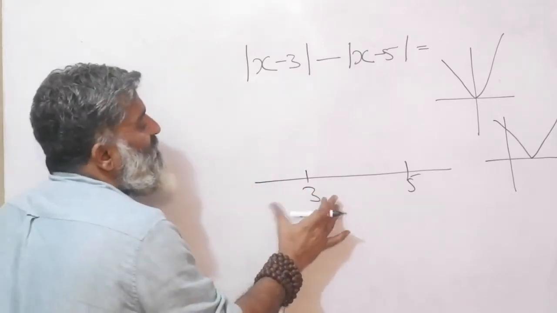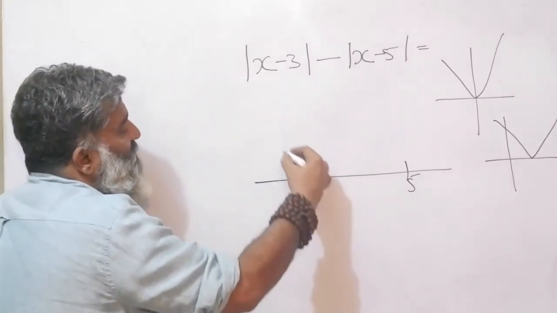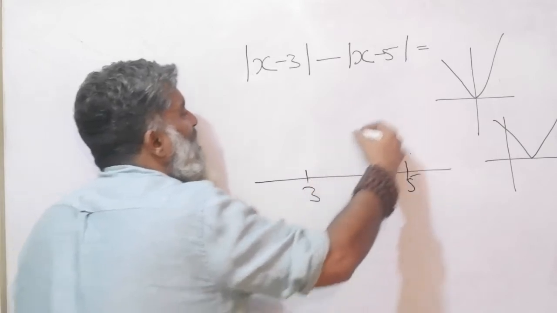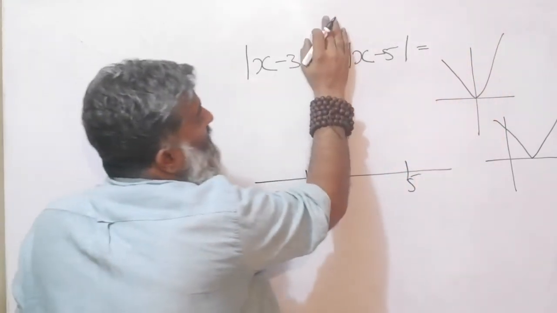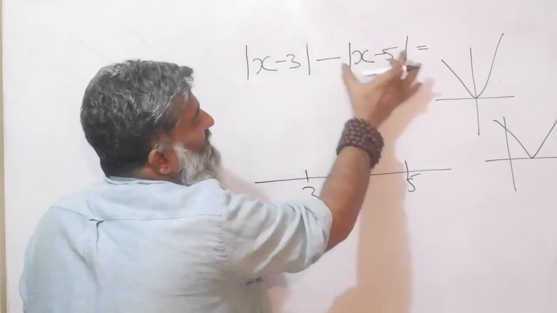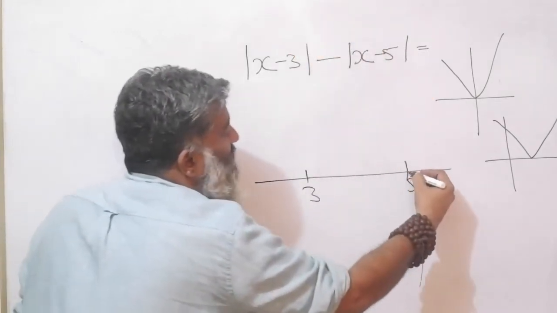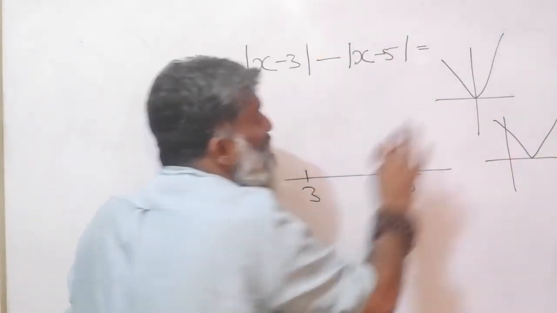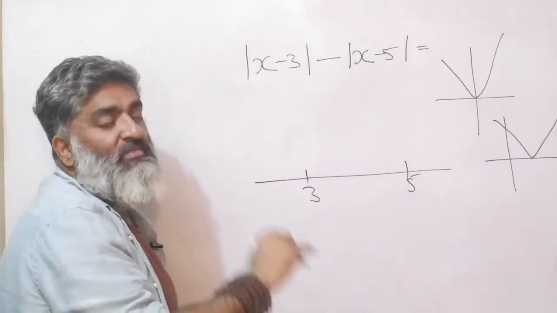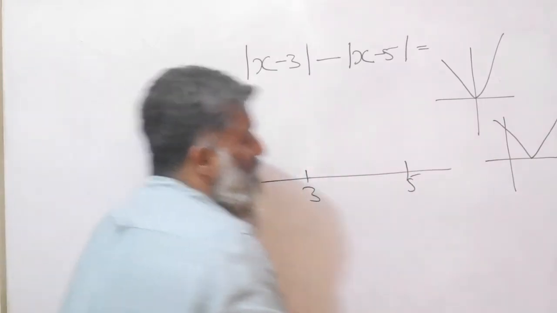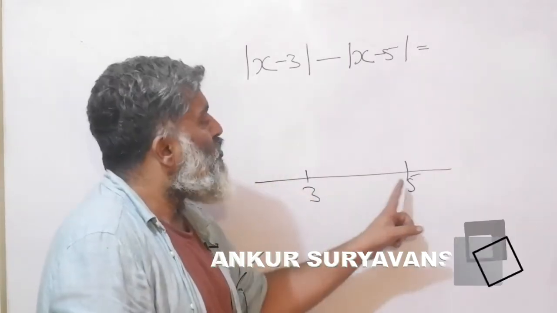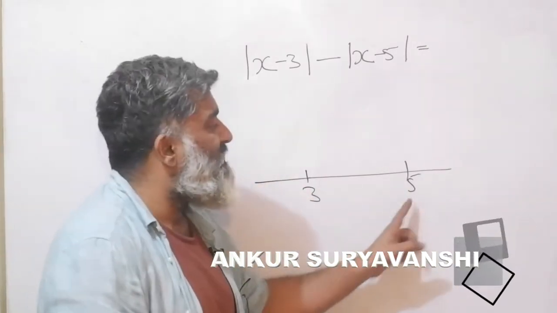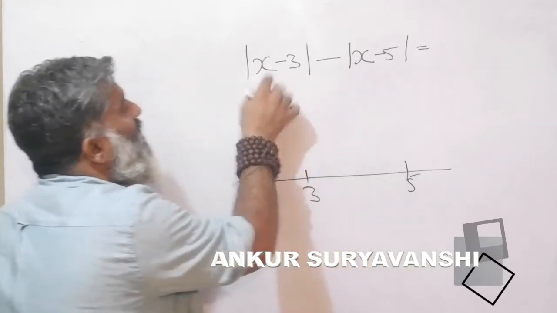That means when I think of my proper number line, the mod function is coming down to this point and then going upwards, right? I'm talking about this function only. Similarly, for a minute forget the minus sign, and this function is coming down to the 5 point and then going up. So I'm not capturing the whole diagram, I'm only working on the shortcut right now. So with those thoughts in mind, that's why I'm thinking of 3 and 5. Go for either of the points, say 5, and find the value of this function.